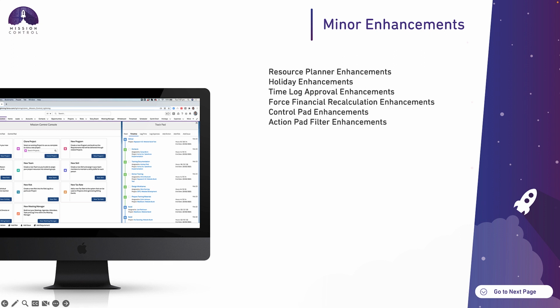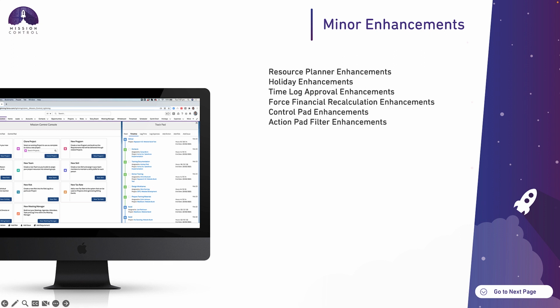Time log approvals. There's been a few updates to time log approvals, so you can now have a setting on your project that can filter down through milestones and actions, where you can choose to ignore time log approvals. So, for example, you might need time log approvals on the project, but there might be a specific milestone within that project where you don't need time log approvals. So therefore, you can set that individual milestone to ignore the approval process, and everything would just default to